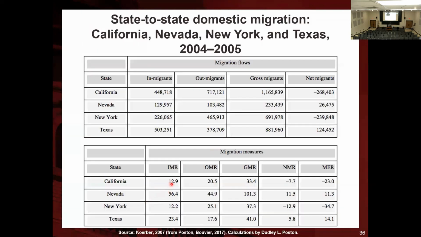And like I said, here we're talking about in-migration to California. So these are 448,000 people who entered California, and we divide by the population in California. This denominator is not completely appropriate, because the population that's already in California is not at risk of coming to California. But how to interpret this number? We saw around 13 people entering California between 2004 and 2005 for every 1,000 people already